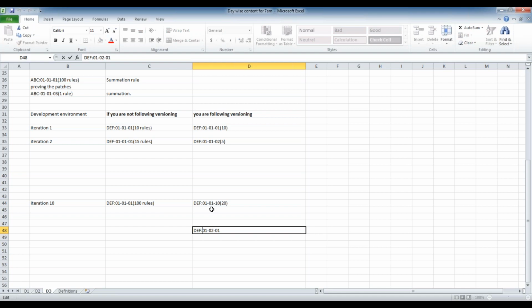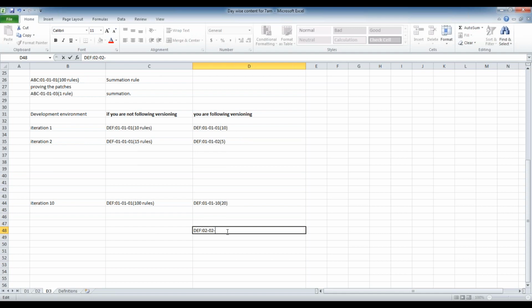So how can you rename it? Let's say if you have major changes in the application, increase the major version. If you have minor changes in the application, increase the minor version. Or patch version for development or for providing hot fixes or patches. Even Microsoft provides Microsoft 6, Microsoft 7, Microsoft 10 like that, right? So they increase the major version based on the features they are providing. If they are providing major features, you can increase the major version of the application in the rule set here. So for the major version, go increase one by one like this, 01, 02, 01, 01.